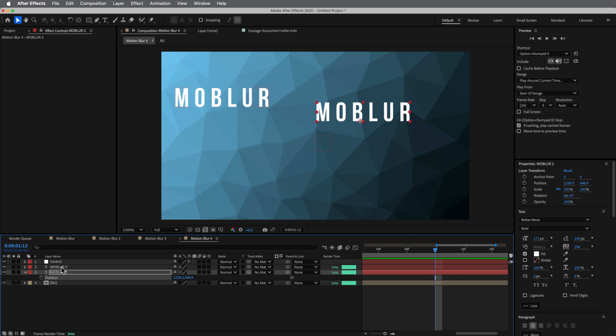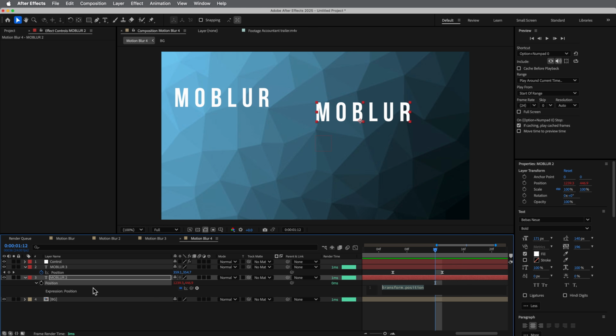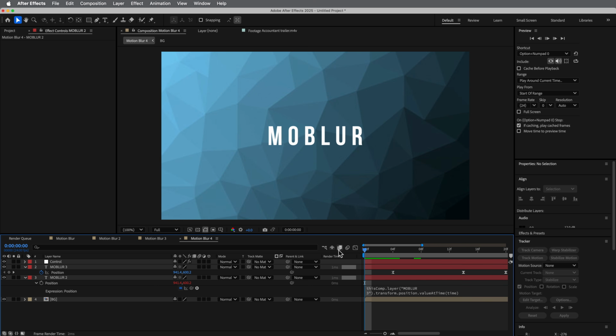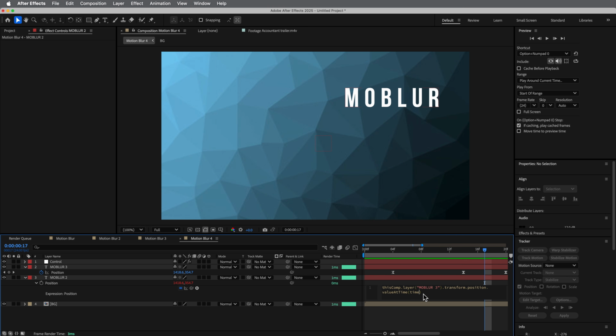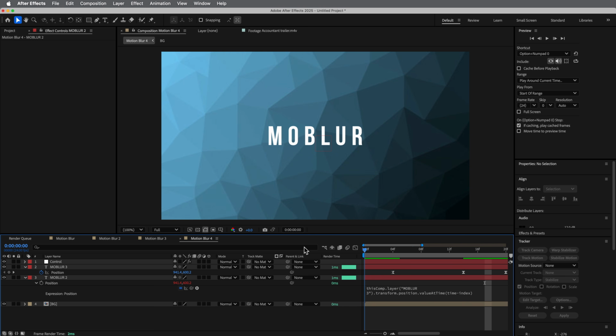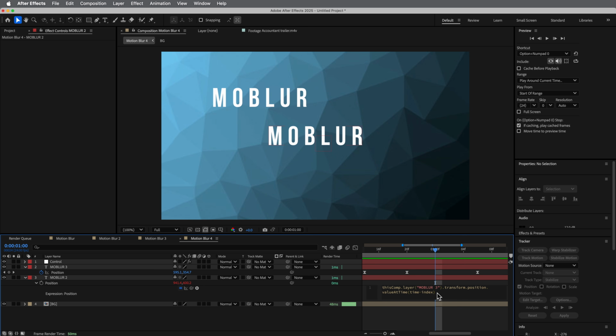So in that position, what I want to do is add an expression. And so what I'm going to do is pick whip that position of the layer that is moving and add to that dot value at time, and in parentheses put time. And then what happens is it's just following it. You can see that the position is the exact same. Now what if we put in here time minus index? Well, that is too far because it's one whole second. So let's go time minus index,